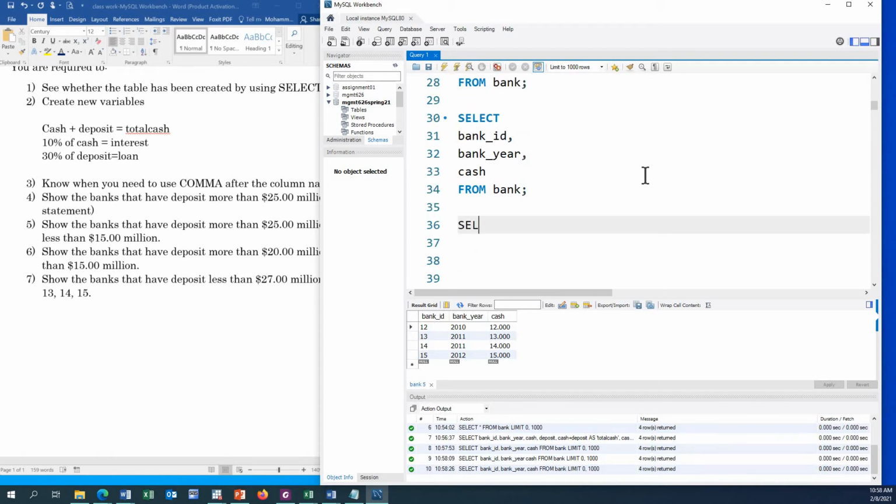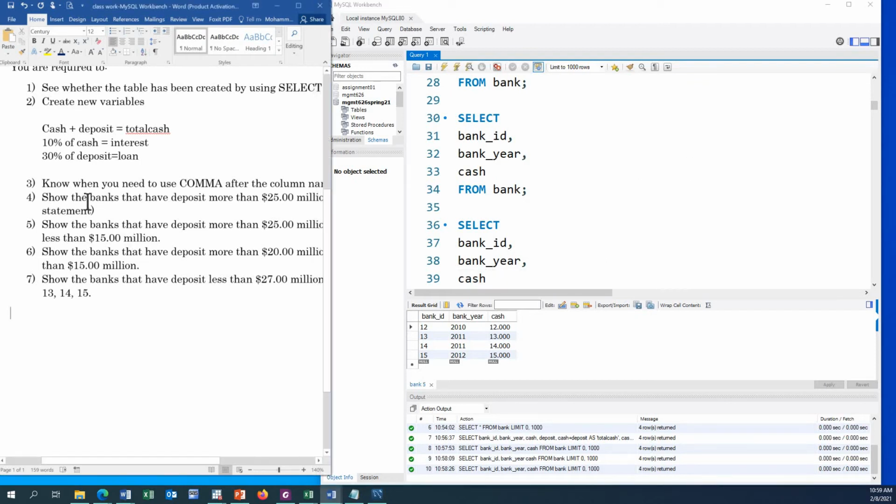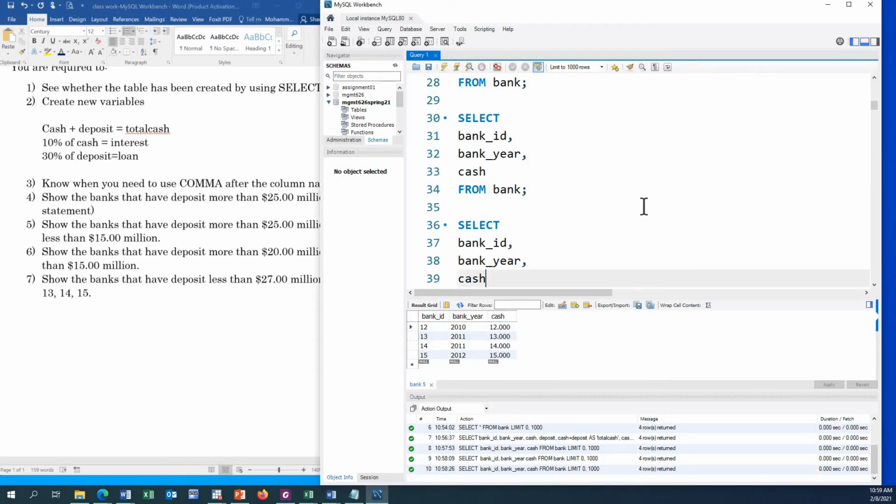So select bank ID, comma, bank year, comma, cash. Okay, so it is saying show the banks that have deposit more than 25 million. Okay, so we want to see the cash, and so from bank